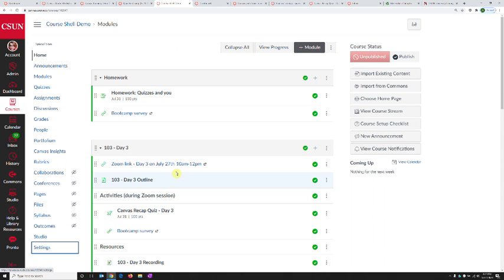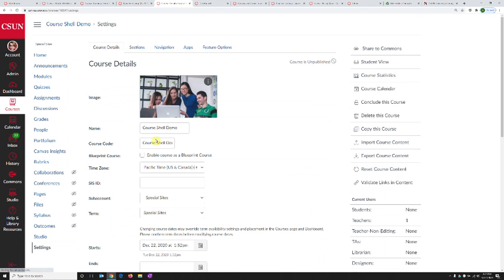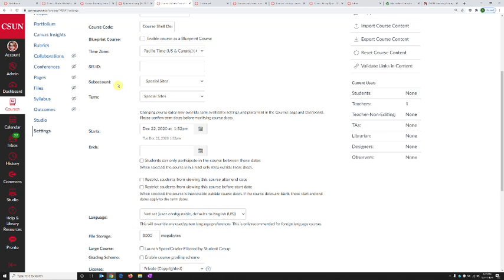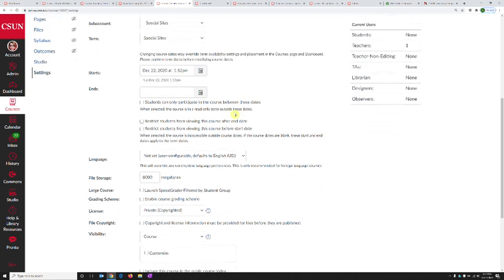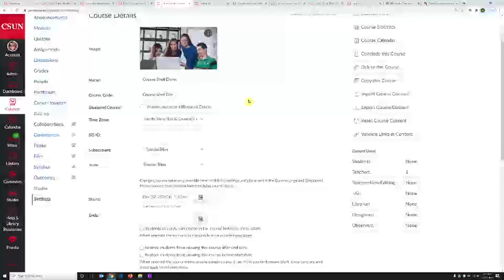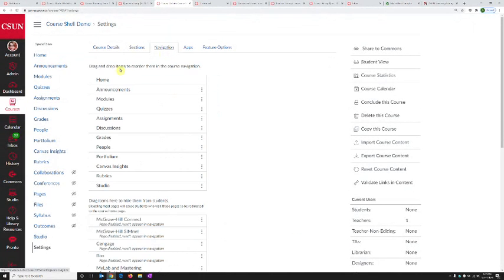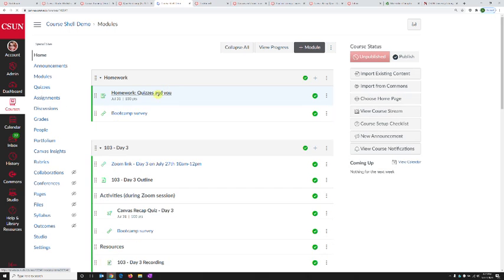The only things it will not modify is, of course, the name of the course code, those kind of aspects, internal aspects like this term and the sub account, the start date, it will not change that. So those will stay fixed, but things like the course image, which options in the navigation menu on the left hand side you have disabled, all that it will bring over so that you don't have to redo